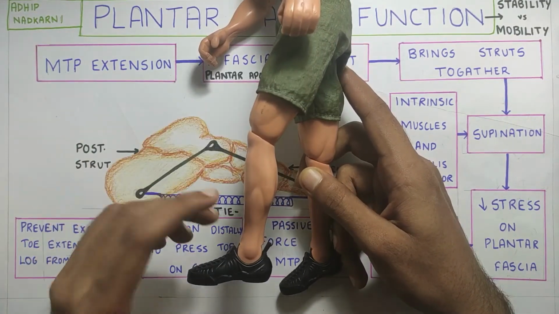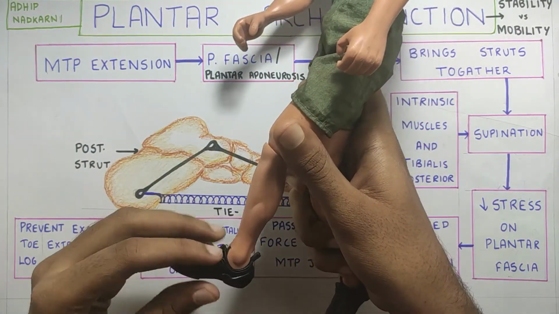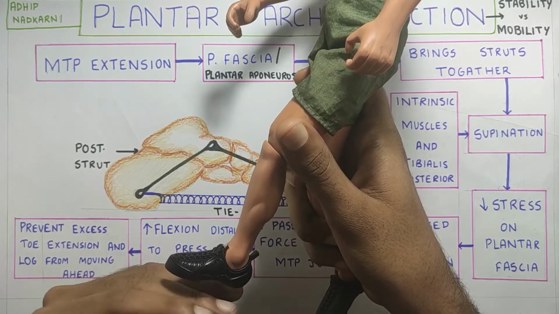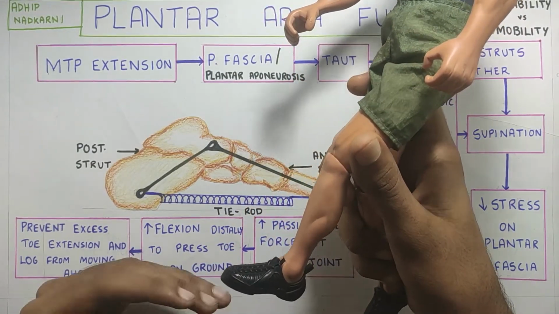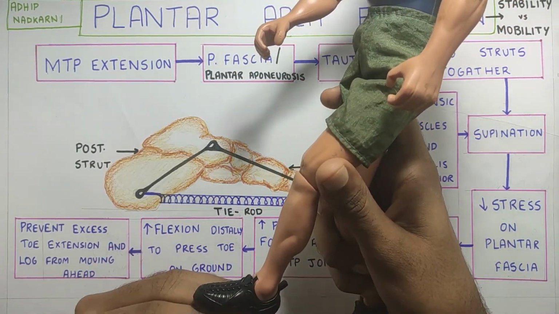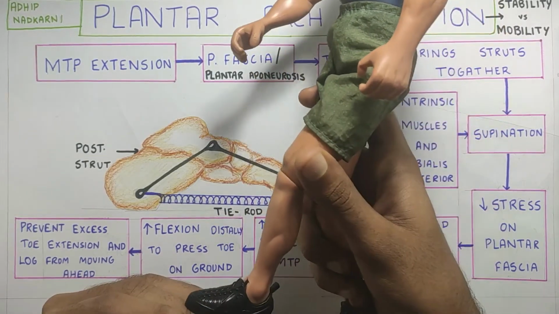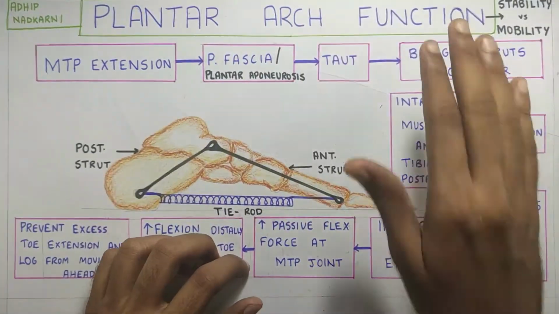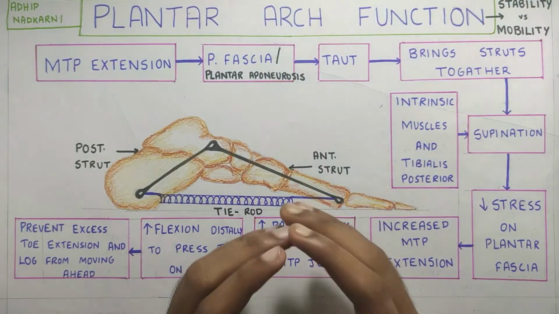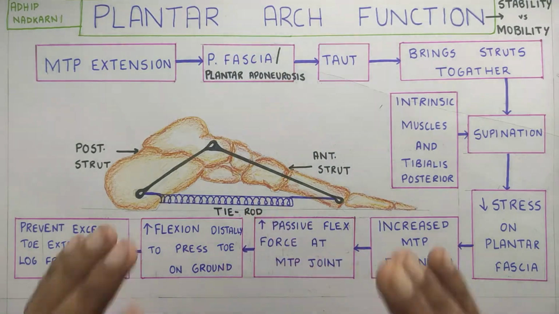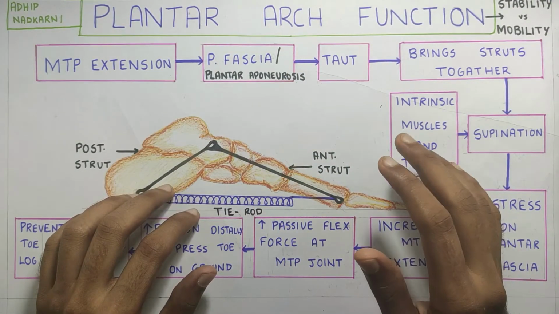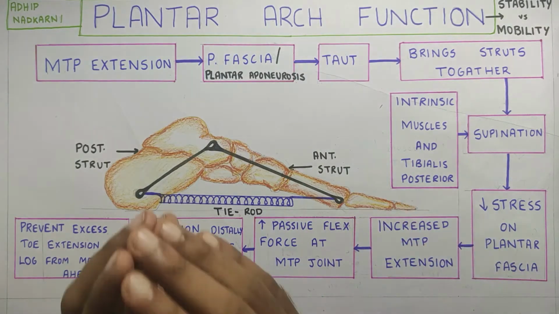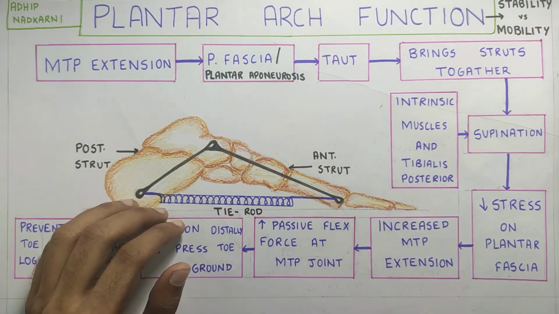And what about the mobility? So when your leg hits the ground, it encounters different kinds of surfaces. Sometimes it can be sand, or sometimes it can be a pebble, grass, or just a flat surface. So to adapt to different surfaces, your ankle should have a lot of mobility, and this is also provided by your plantar arches. Now this function of stability and mobility is provided to the plantar arch by a major component, that is the plantar fascia or plantar aponeurosis. To understand that, first we will have to look at the attachments of the plantar fascia. So let's look at that first.